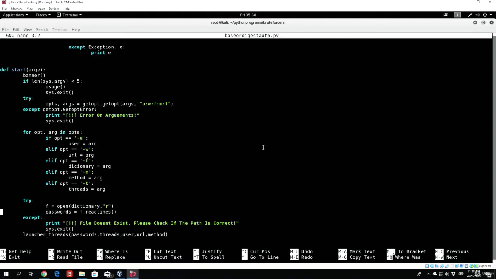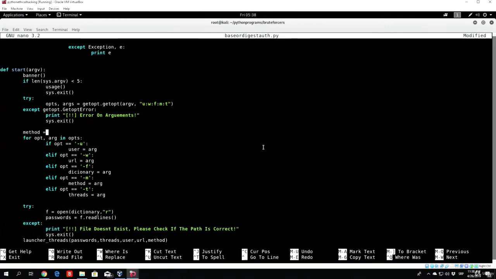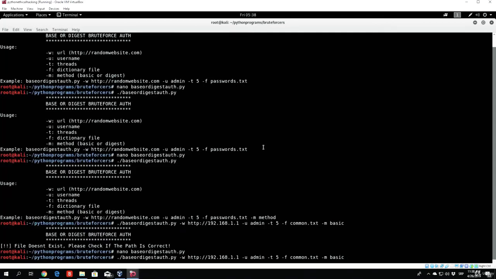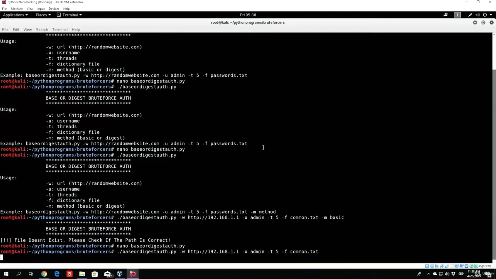Weird, not really sure why it won't work. Or maybe it has to do something with the method itself, not really quite sure. Let's try something like this. If I just set the method at the beginning to be equal to basic, and I run it without this,